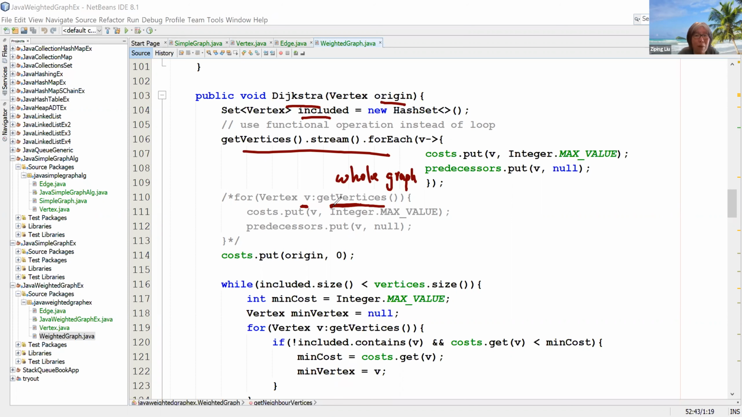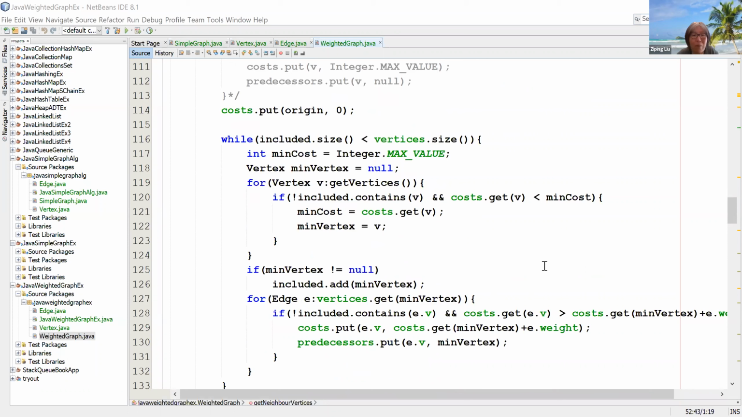First, get all of the vertices. For each of the vertices, for the cost, you need to initiate with some value. So I use some integer maximum value, a very large number, okay? And you also need to remember the predecessors, okay? So that's regarding this part. For the cost, if you remember, that's